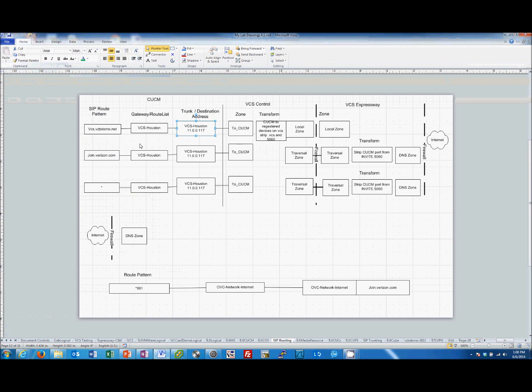So okay, we've looked at the route pattern, we've looked at the gateway it's pointing to, we've looked at the gateway itself, and now let's jump over to VCS itself and look at how we're going to go through, because eventually what we're going to do is call something. I'm going to use this route pattern. We're going to call something here at join.verizon.com. It's going to go through here, hit VCS Control. It's going to go through the traversal to VCS Expressway, and then out here in internet land and do this DNS lookup and find that particular